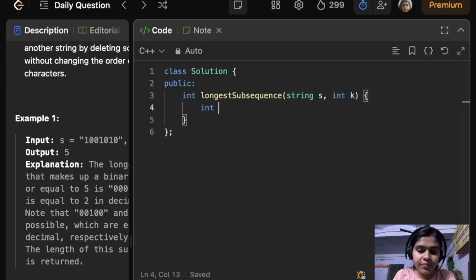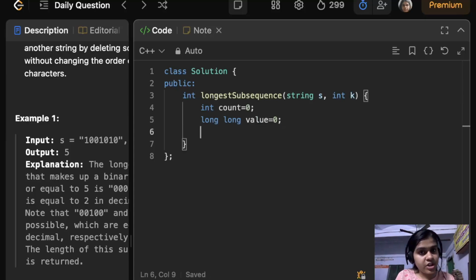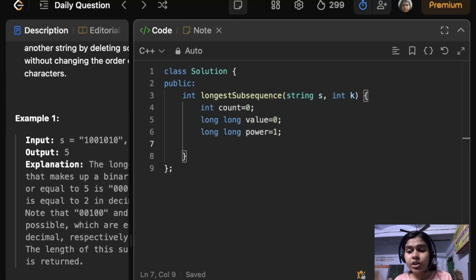So it will be int count equals 0. We will initiate the count as 0, and we will take a long value which will be initiated at 0, and a long power as well, which will be initiated as 1. Why? Because 2 to the power 0 equals 1, and power starts from 1 only, right? So we will be iterating through each character in the string, but from right to left.